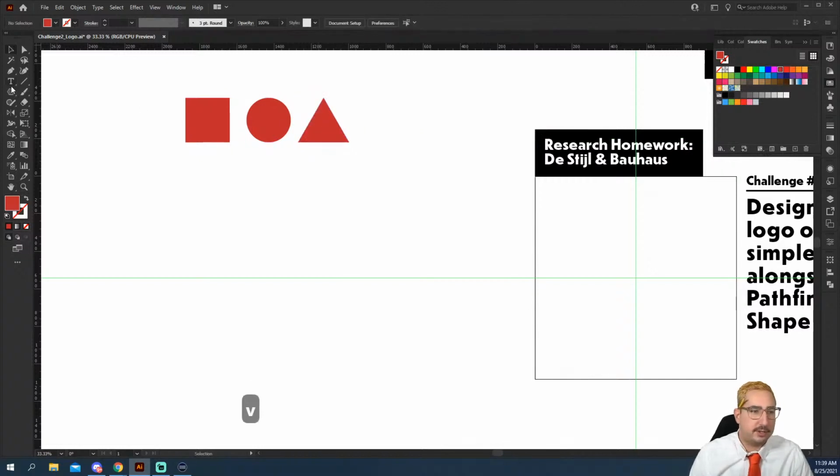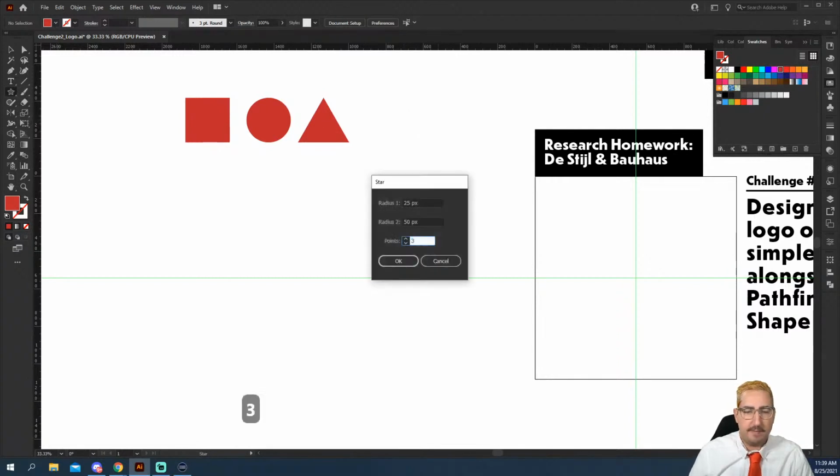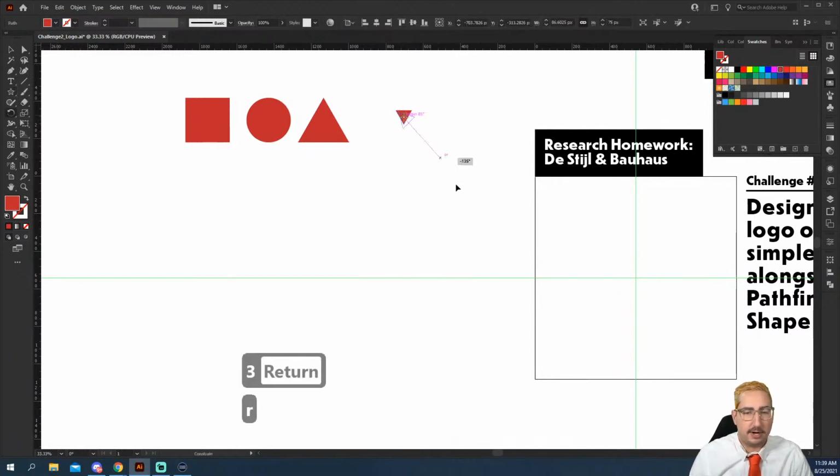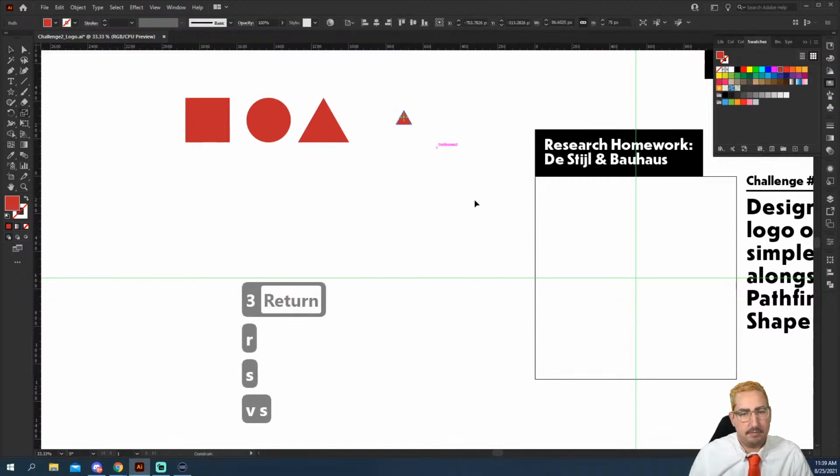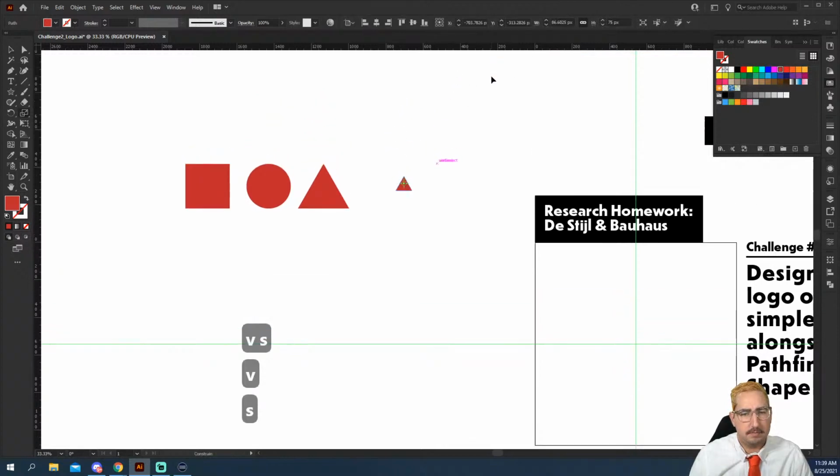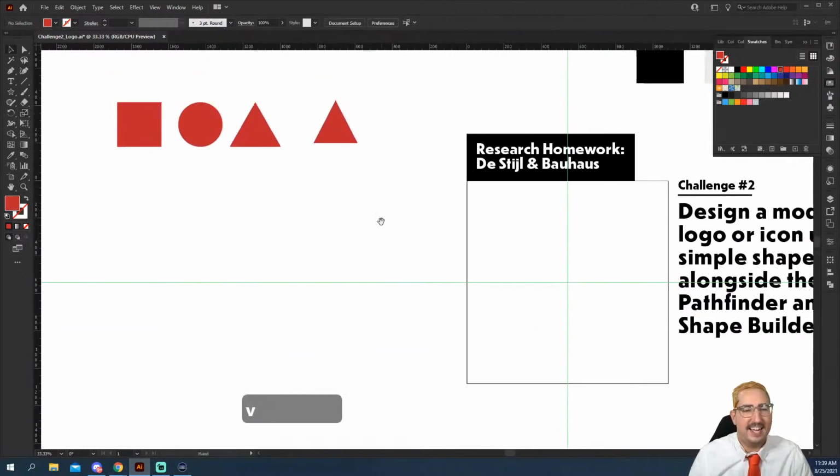Now, another way to do a triangle, if you want, you can click and go to the star tool. You can click and make a 3-pointed star. A 3-pointed star is, you got it. Why are you not letting me scale? Something odd's happening. I have a setting turned on that I was going to show you.